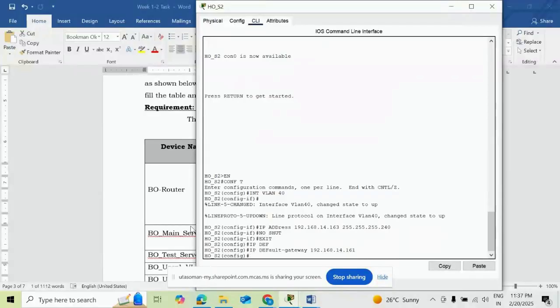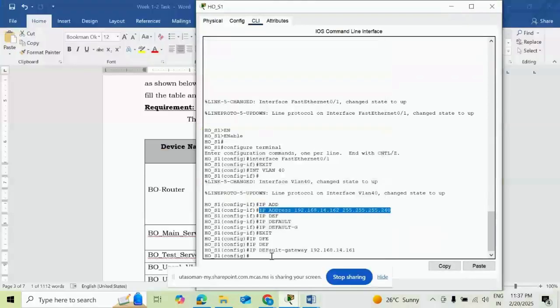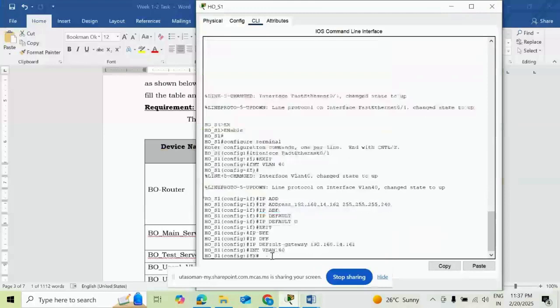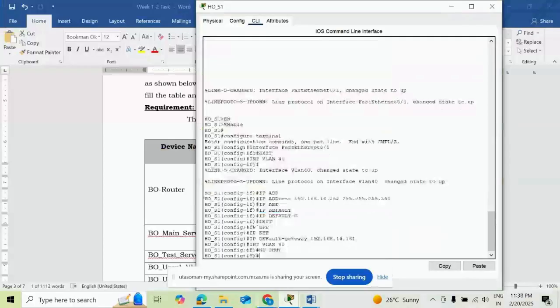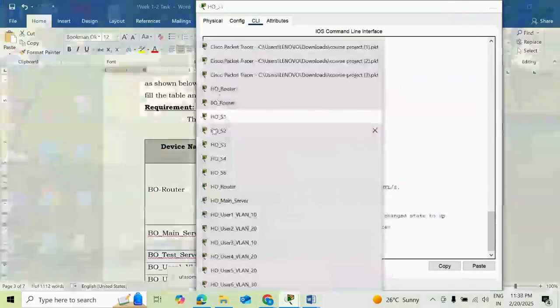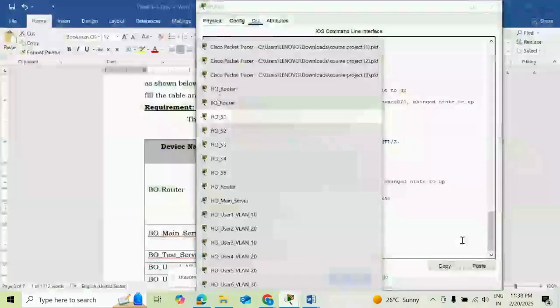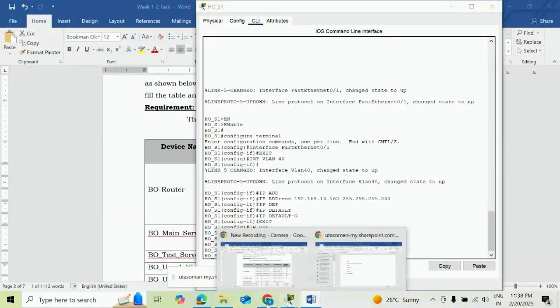So here in HOS1, what I forgot is to go to interface VLAN 40. After giving the IP, we should give no shut. This is done. Like this, you configure all switches. Now, last one, how do we test that telnet is working on the switch? So for that, what you need to do? Okay, so I want to